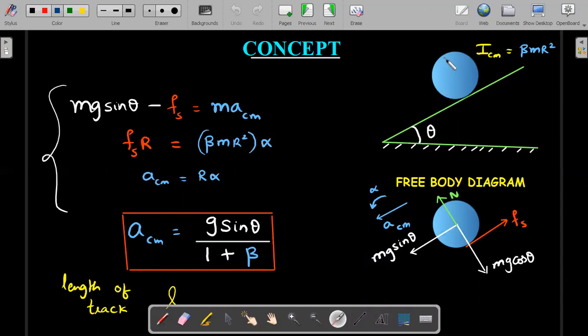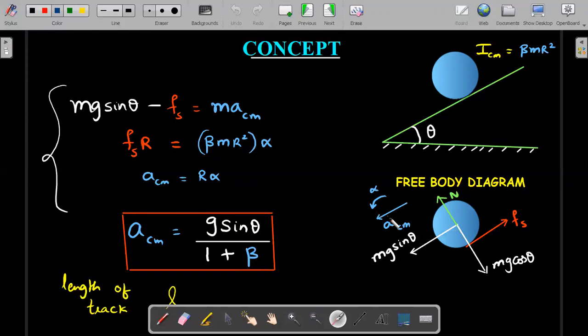Okay, so when this is rolling down, this is the free body diagram, as you could see at the right bottom of your screen. The free body diagram of a rolling down object would have a component of weight mg sin theta and a component of weight mg cos theta acting as follows. The normal reaction obviously balances out this mg cos theta, since there is no motion in the direction perpendicular to the plane. So fs, which I have assumed in the backward direction, is going to be sufficient in this problem to prevent slipping, is what we assumed.